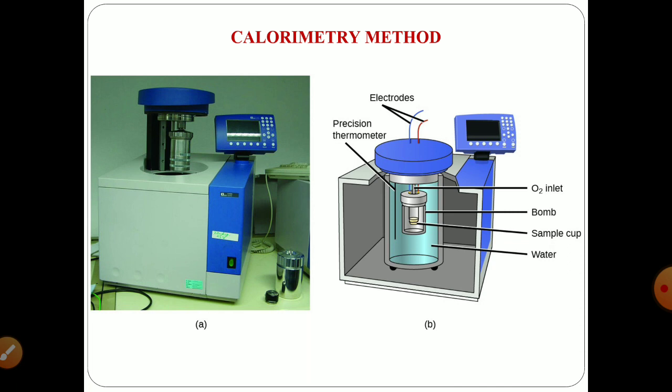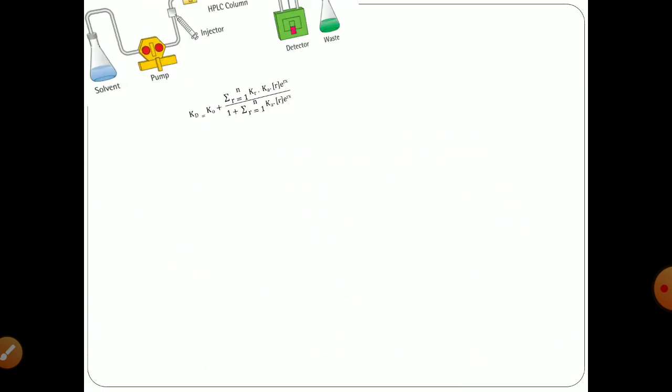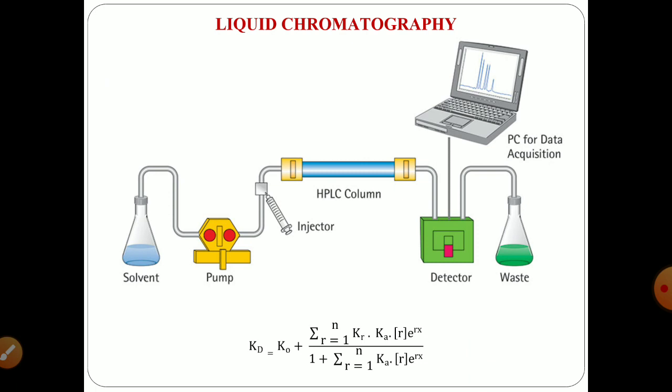By plotting the minima or the maxima versus pH, we will have a sigmoid curve which represents the dissociation constant from the inflection point, by which you can have an idea about the dissociation constant at that inflection point using the colorimetry method. The principle of separation and distribution of analyte between a mobile phase and a stationary phase is used for the determination of dissociation constant with the help of liquid chromatography.